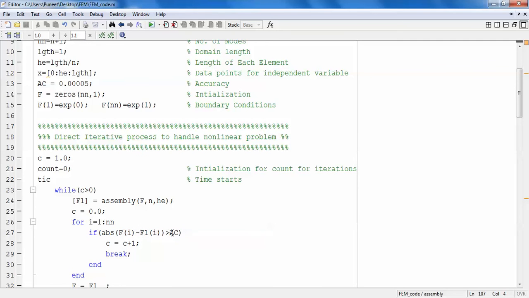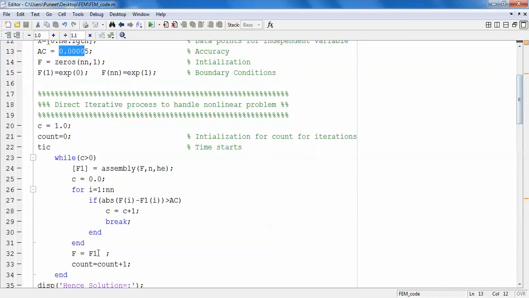If the difference is not up to the required accuracy, F1 is now saved in F, and then this assembly is again called 1 by n. So this function is called again and again until the required accuracy is reached.